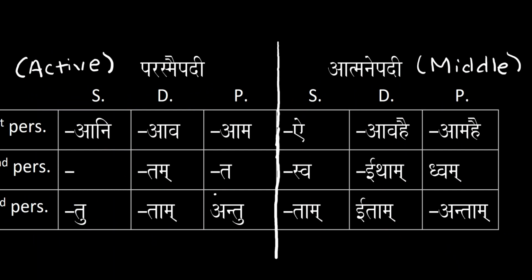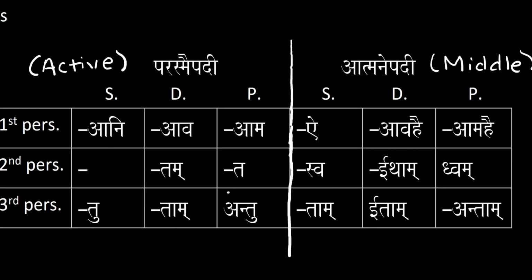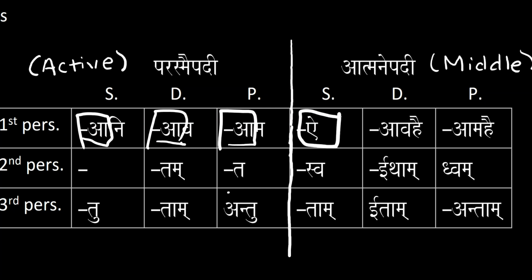But let's take a look at this table. So these termination endings start with vowels other than We have the in ani. We have the a in ani, we have the a in ava, we have the a in ama. Then we also have ai for first person singular, and a again. All the first persons, whether this is active or middle voice, start with a vowel other than a. And for second person dual and third person dual, we have termination endings beginning with a long E.